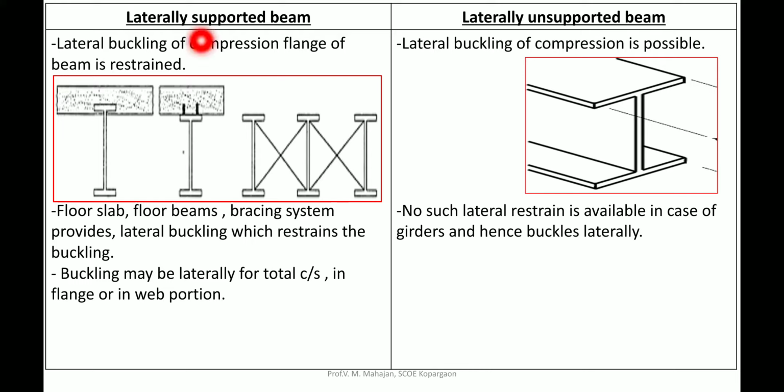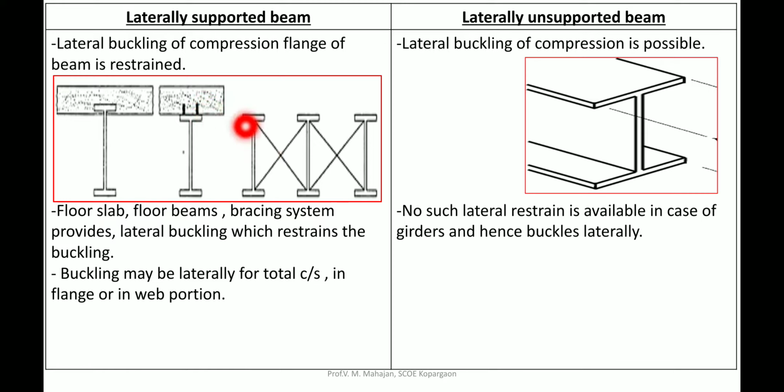Dealing with a laterally supported beam, the lateral buckling of the compression flange of the beam can be controlled, which is known as restraint. For example, this is the concrete section or RCC section where an I section is placed, and here these two small vertical sections are provided as studs. In addition to this RC section and I section placed in case of beam, this section is known as a stud, and here we are going to design it as a laterally supported beam.